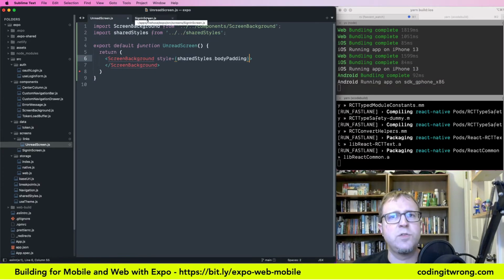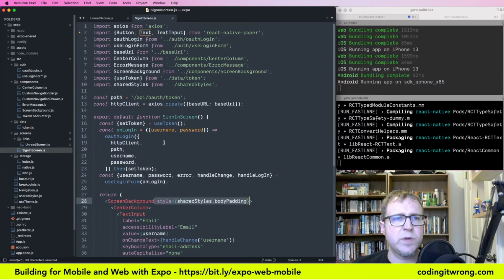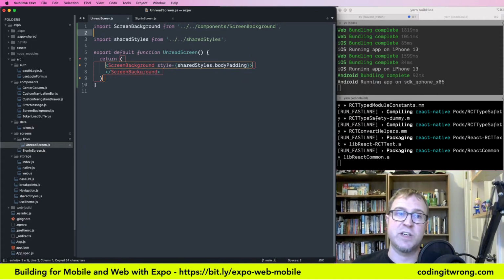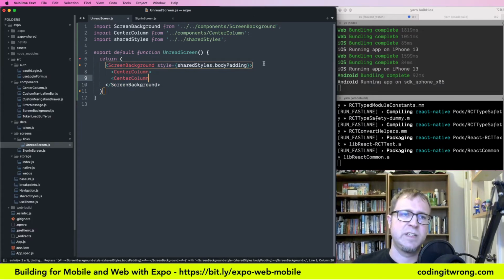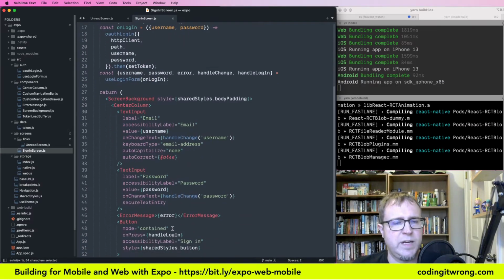I'm not going to invent new styling at this point until we get it working, but basics that I know I need to work, I can go with. I do want things in a center column as well. It's possible that that's universal across our whole application, but it's easier for now until I'm sure to replicate the center column component across the different screens. So now center column,